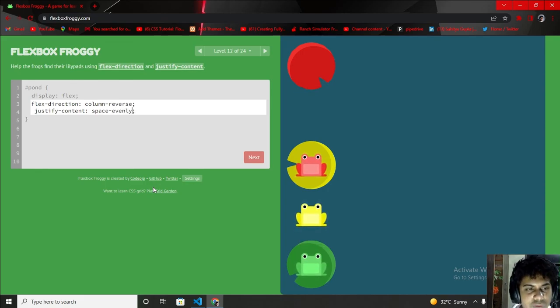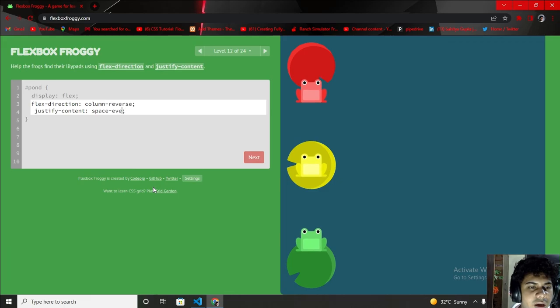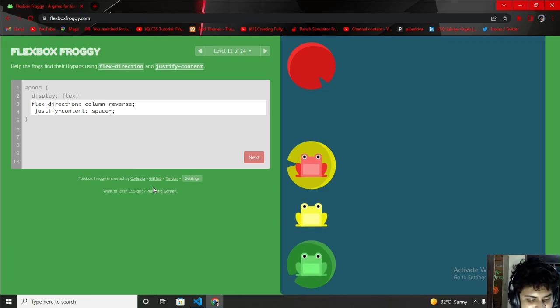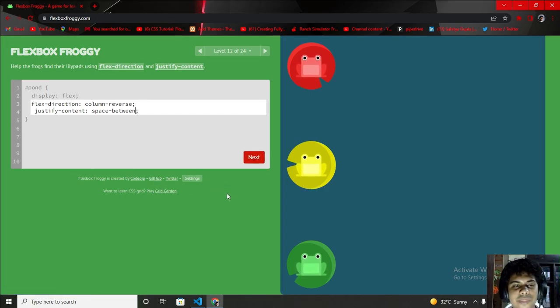I'm confused between both of them. Now I think it's time to give space between. So now this works. It is kind of a hit and trial, so you can also do this, and by doing this you will understand more, the concept will be clearer to you. So now I am at half of 24, divided by 2 is 12. So now I have done my 50% level. So now it's time to go to 60%.